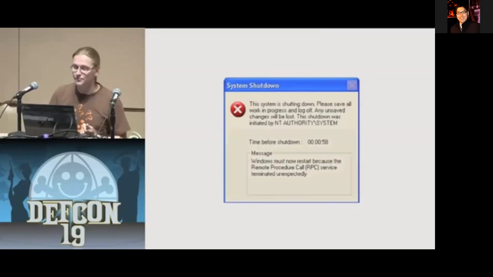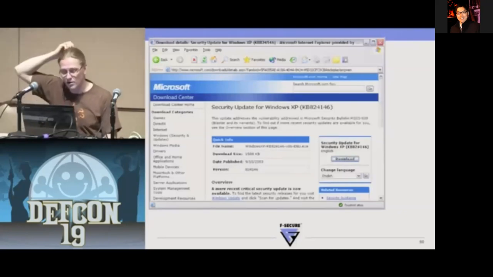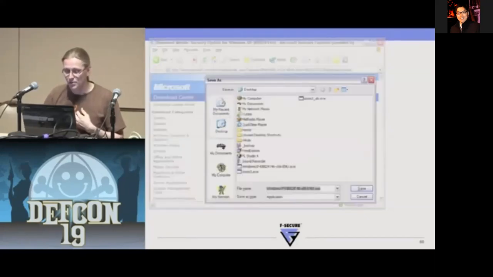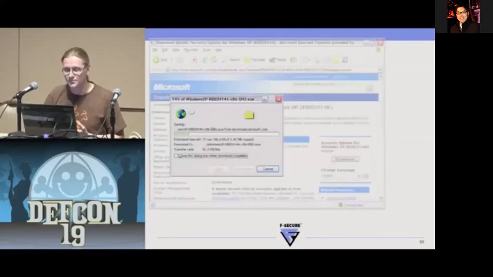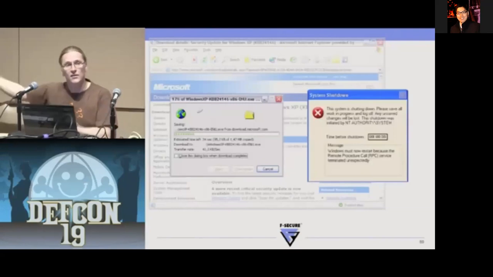Okay. Let's do that. We have here Microsoft download pages from 2003. That's the actual patch for the RPC vulnerability, MS03-039. Click download. Excellent. We get an executable file. Let's download it on our desktop. Here we go. And now we're downloading it. Excellent. And of course, this takes a while, which means it's more than likely that while you're